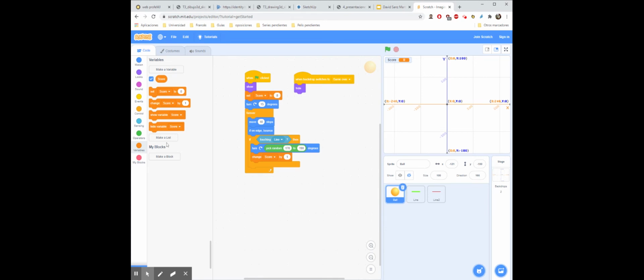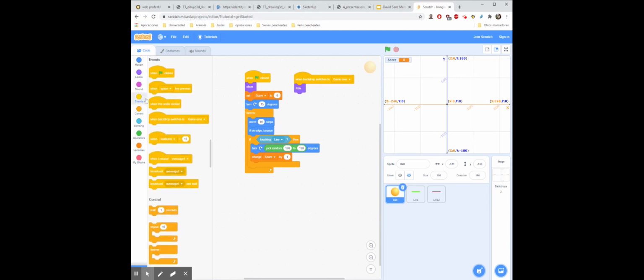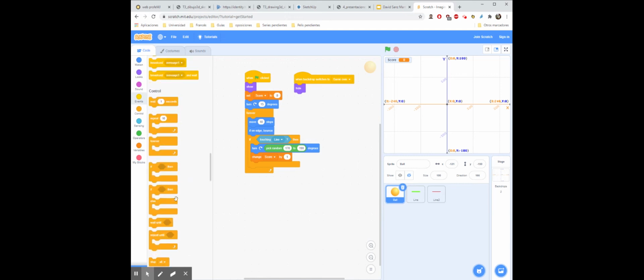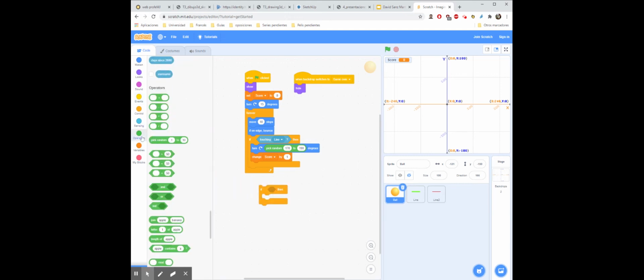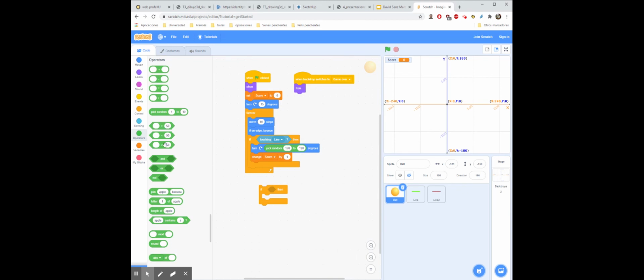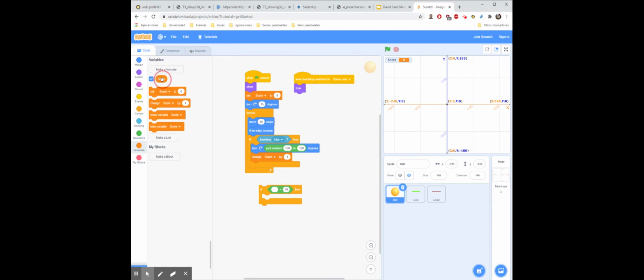So apart from that, you can also add more events, like a second ball appearing when you get a certain score. For that, for example, you could add an if block and then an operator: set the score equals to, let's say, 10. Here the variable score. When the score becomes 10, we are going to create